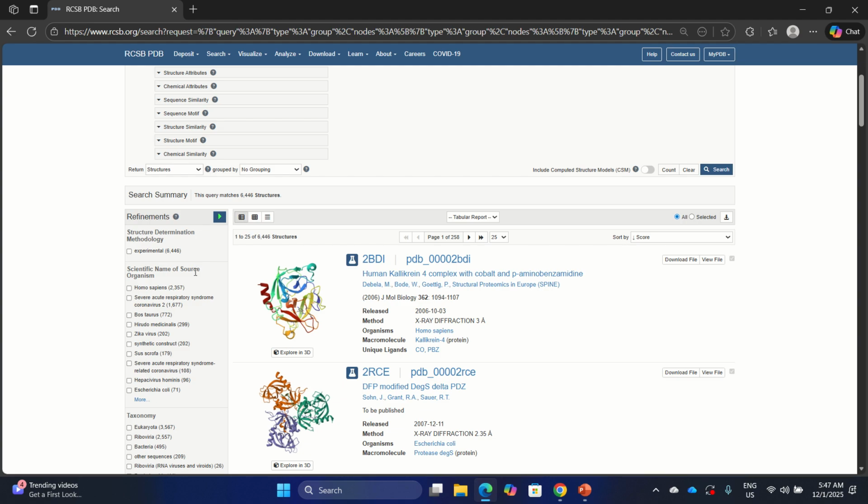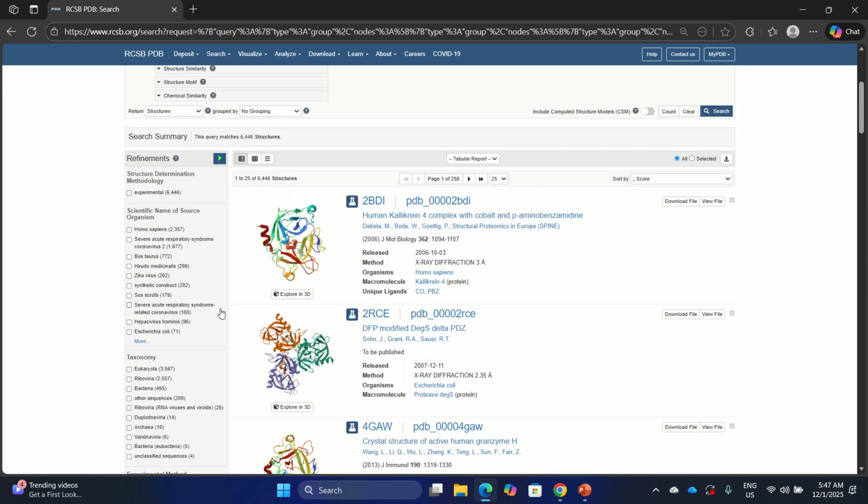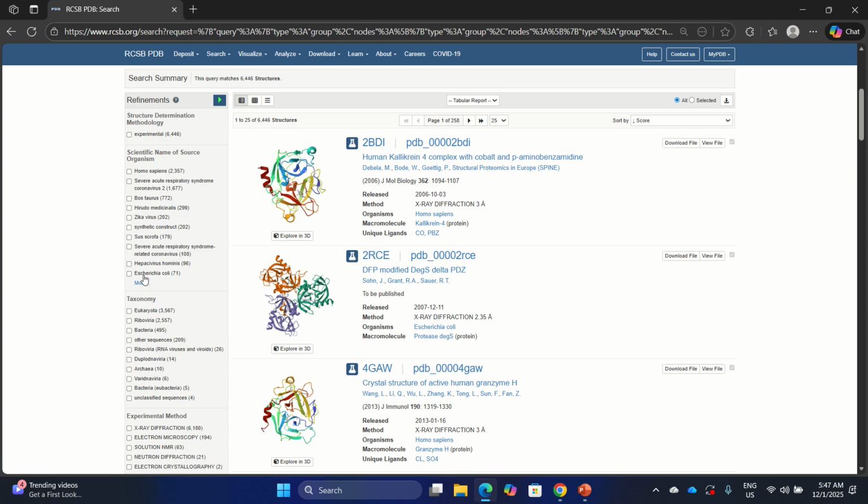And we have the scientific name of the source organism. Among all the search results, 2,357 are from Homo sapiens, 1,677 from severe acute respiratory syndrome coronavirus, 772 from Bos taurus, etc. We also have a taxonomy of the search result.